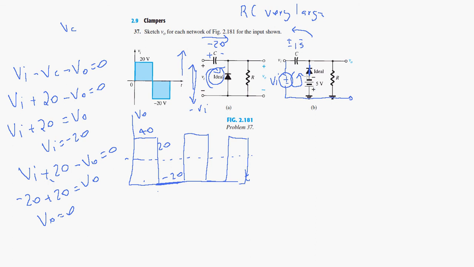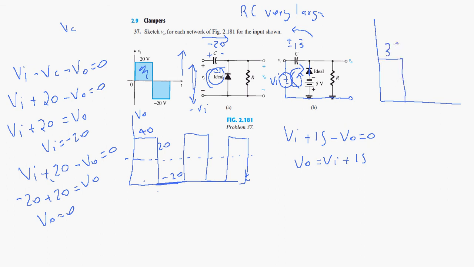So then we look at this direction for the next cycle, the positive cycle, and using Kirchhoff's voltage law again, we have Vi plus 15 minus V naught is equal to 0, or V naught is equal to Vi plus 15. So we can see that this is going to be exactly the same thing, except that we are shifting this only by 15 volts instead of 20. So here we have 35, and here we have